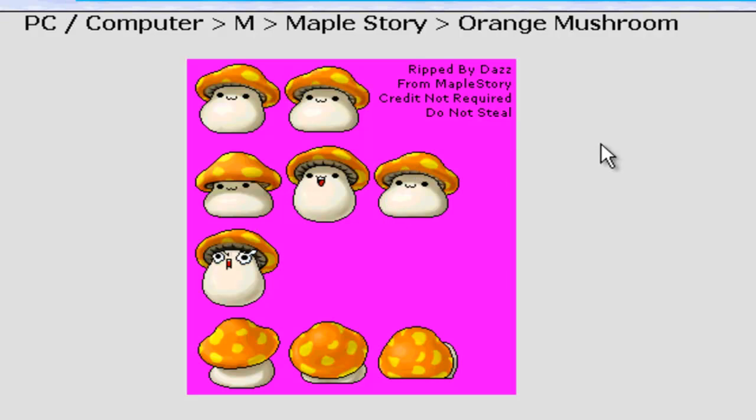Try to get simpler ones unless you want to make it really complex. For the main character, for instance, the sprite sheet would be huge because it has so many different animations, kicking, punching, all that stuff, depending on the game. So that's basically it. That's the conclusion of all my